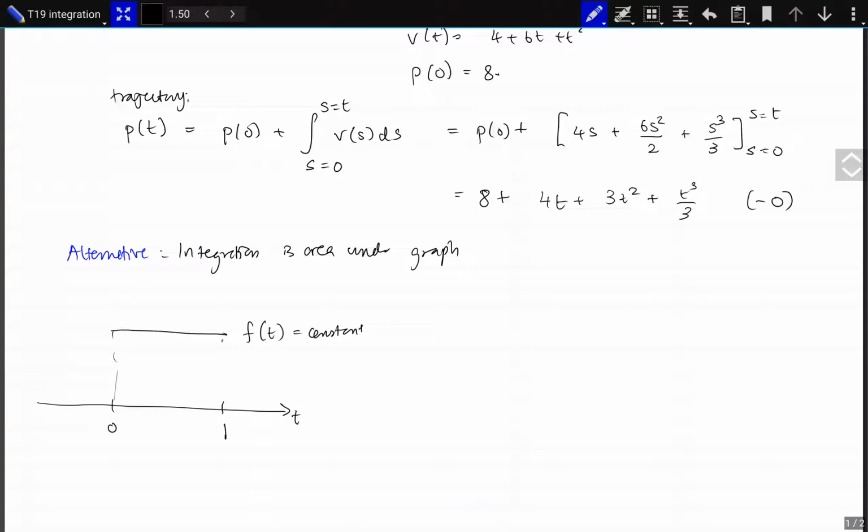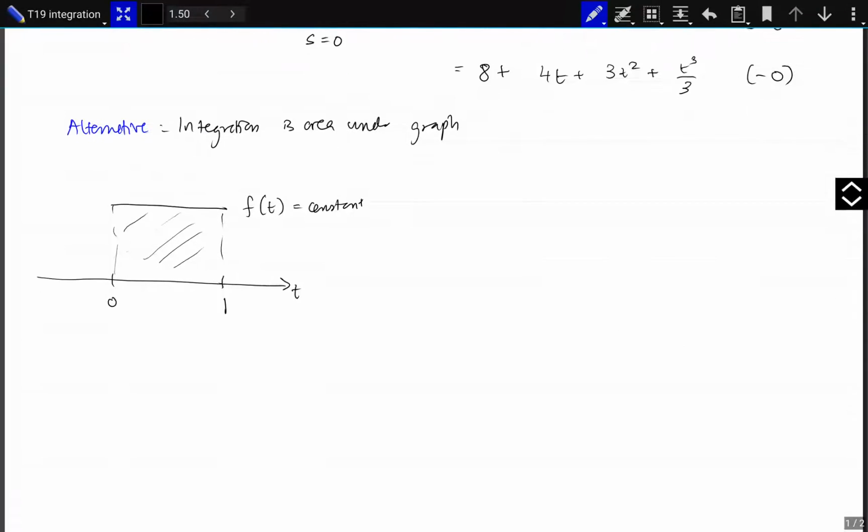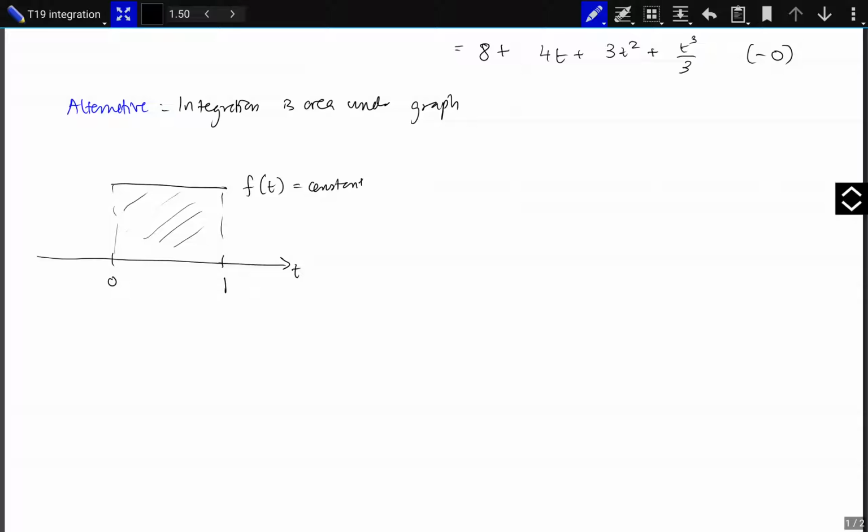Then the integral between 0 and 1 is just 1 times that constant. But if I didn't give you the starting bound,